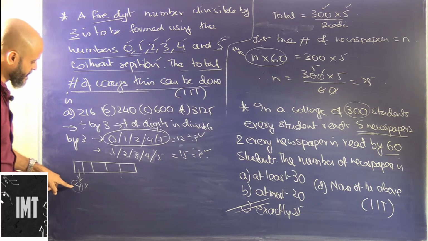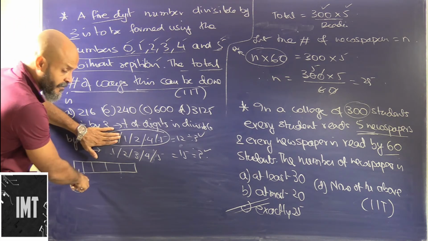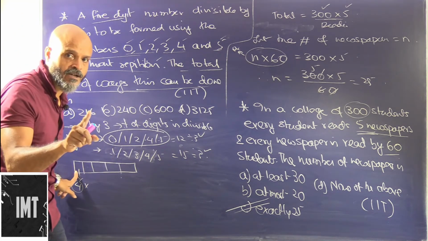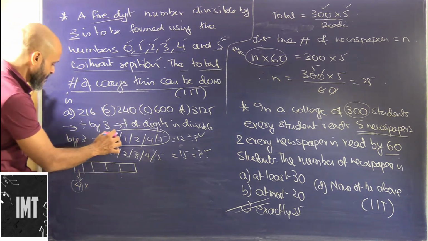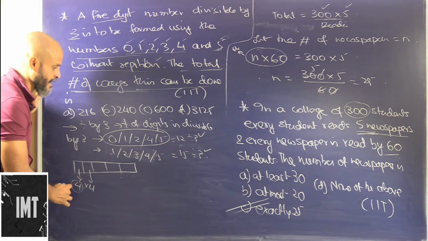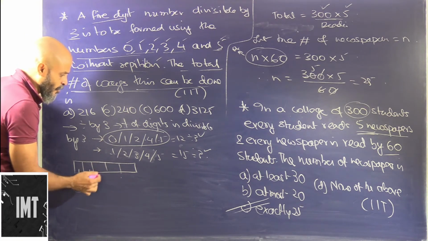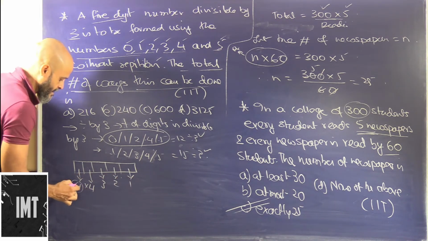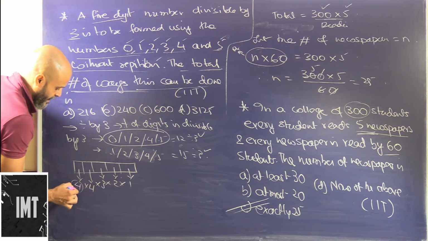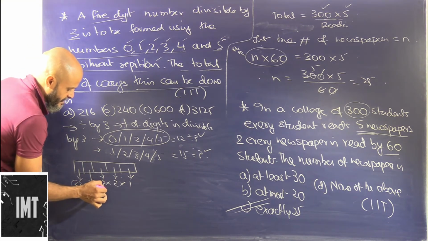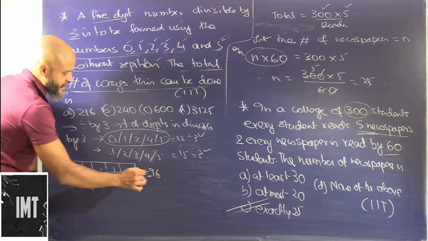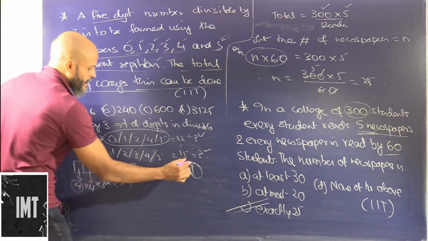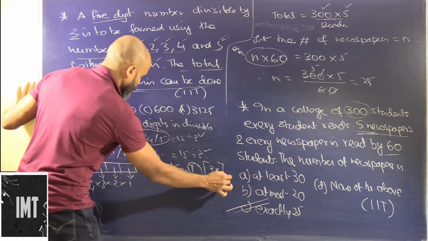In the first place we have not included a 0, so it can be filled in 4 ways. In the second place we will include a 0, but the first digit which has already been used we will not include, so we will still be left with 4 digits. Then we will be left with 3, then 2, then 1. So the total number of ways will be 4 into 4, 16, 16 3s are 48, 48 2s are 96. This is case 1, when we are not using 3.